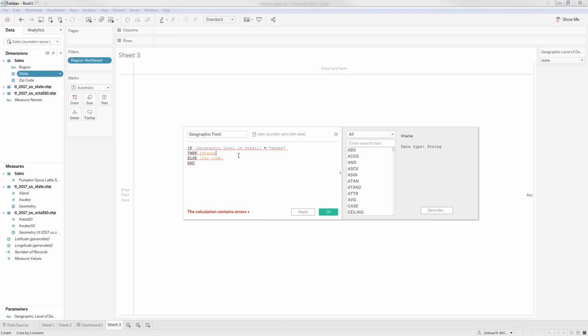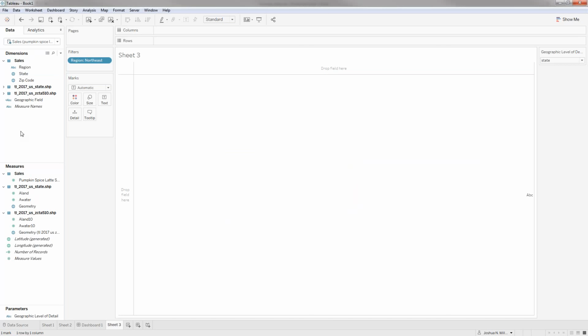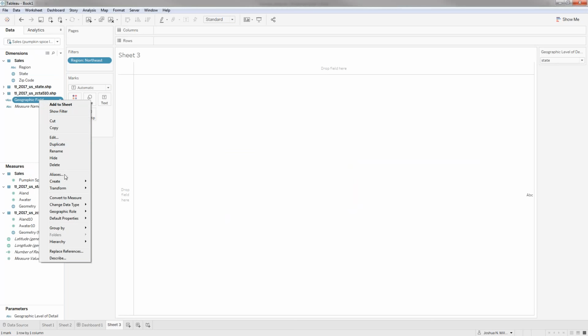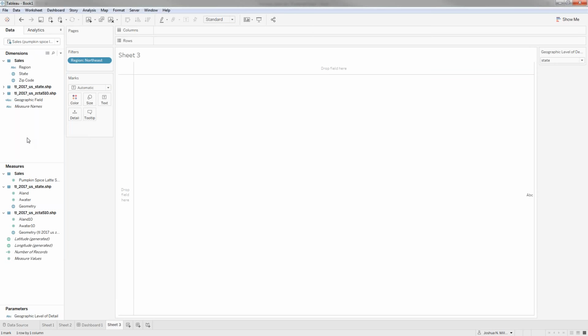I have to change that one to a string. And so now I've got a new field called geographic field, and based on my parameter selection, it would come up with the right value. The problem that I've always run into, though, is that I can define a geographic role, but I have to choose only one. So I could choose zip code, or I could choose state, or I could choose any of these others, but I can only choose one at a time. So it doesn't help